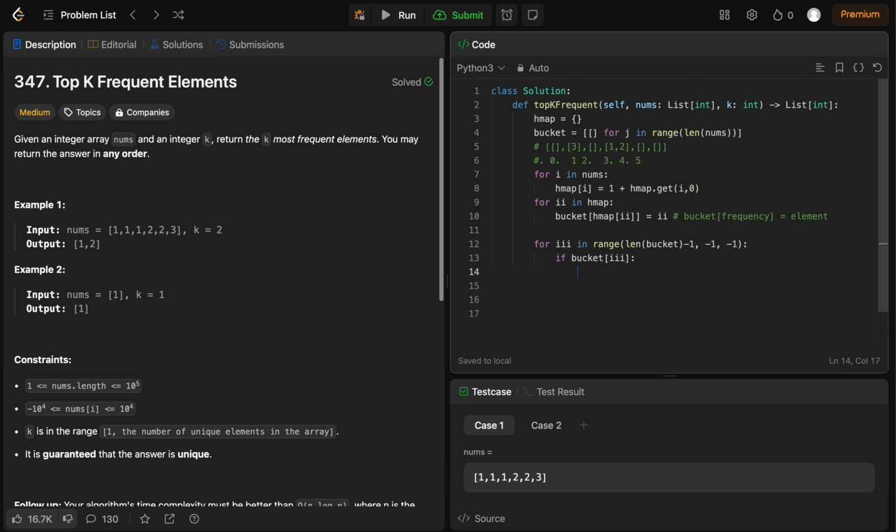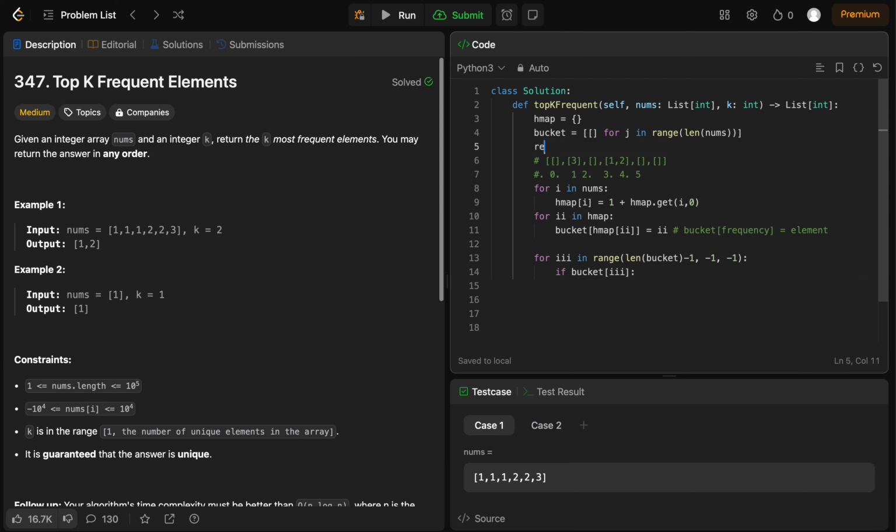in this case, what are we going to do? What we're going to do here is now we're going to append. I forgot to initialize our result. So result will be an empty list, right? Because we want to return a list. But now what we can do is we can append whatever there is in the bucket. So we would need another loop. So for j in bucket i,